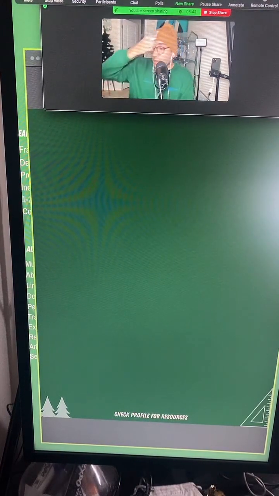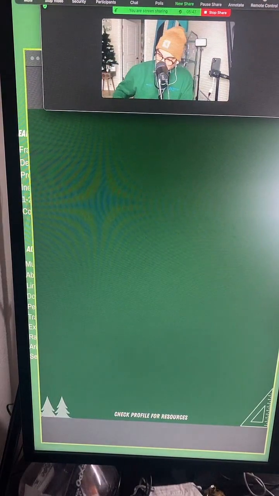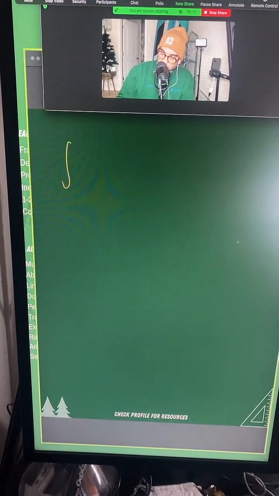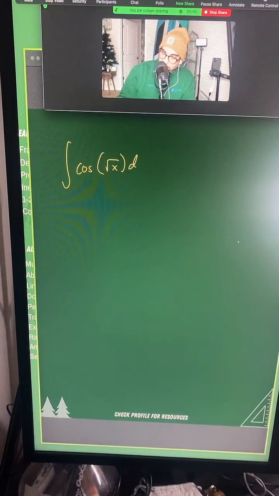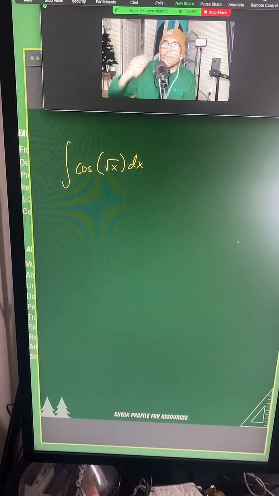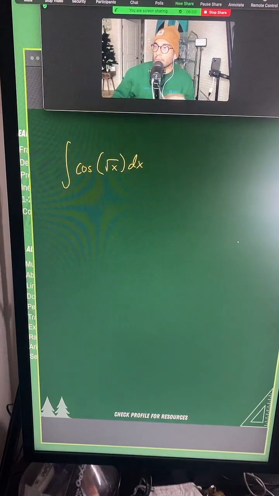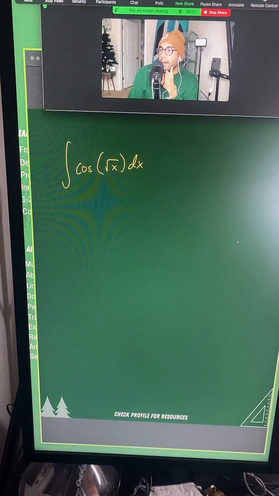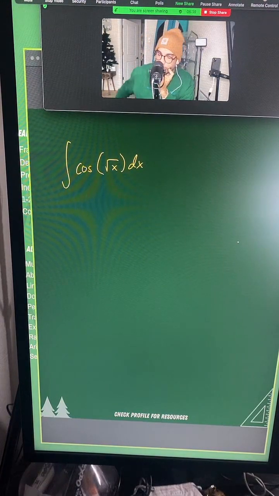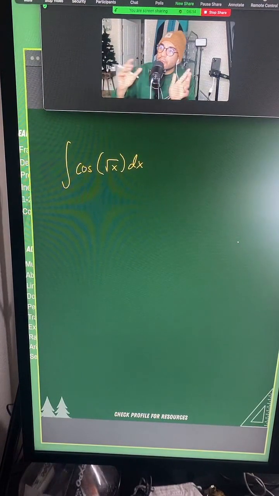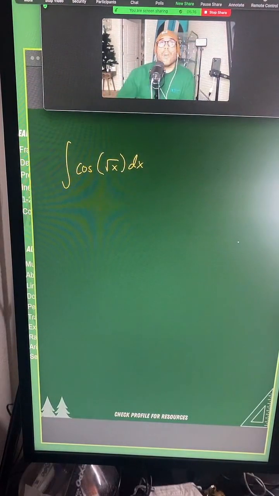Okay. Let's just start off with something basic, I would say. Let's do a cosine problem. So let's talk about the integral of cosine of root x dx. I saw this, I don't even know where, I think it was an integration B problem for the University of Houston. It was one of the intro problems, and I thought it was kind of fun because it has a u-substitution where you have to do something different with it. Okay, let's go ahead and start off.